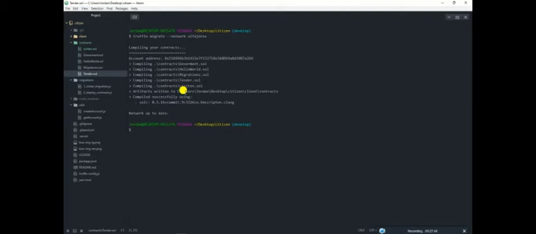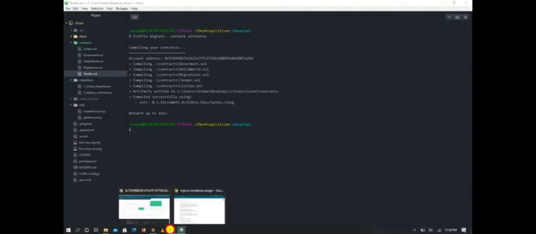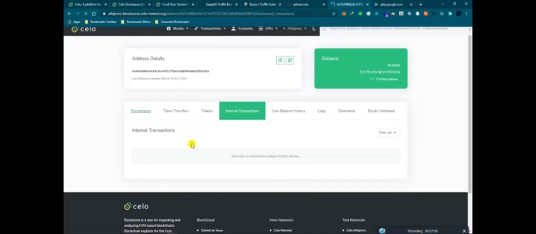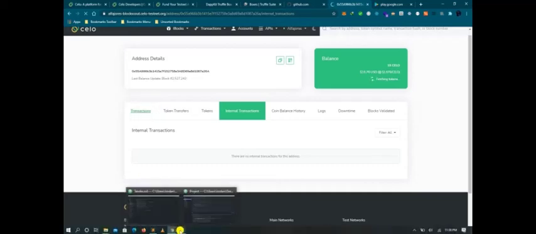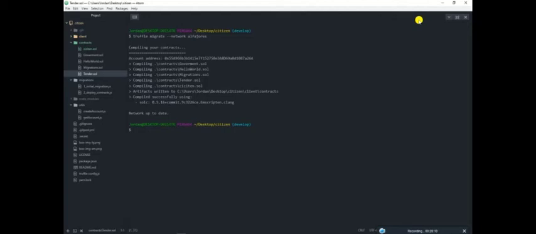My transaction. So once you have run truffle migrate on the Alfajores network, and you have gotten your smart contract address and everything on the testnet, the next step is to